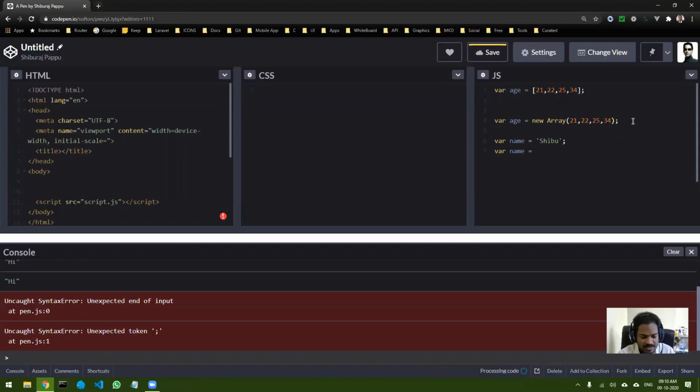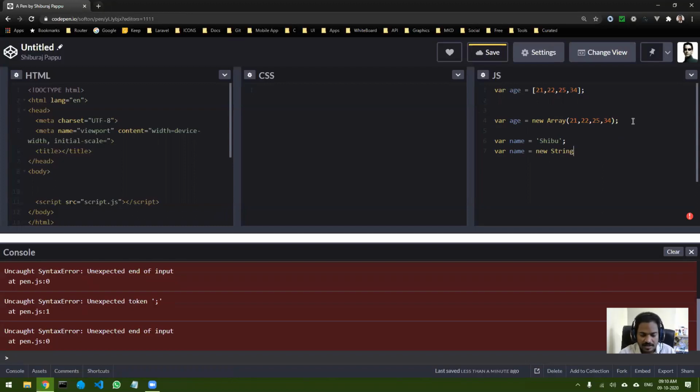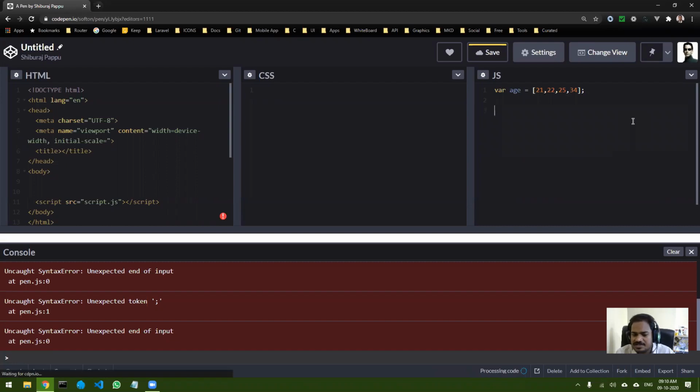You can say new String, and inside that you can put Shibu. Both of them will produce the same result. But I prefer to use this particular syntax. It's completely your choice.